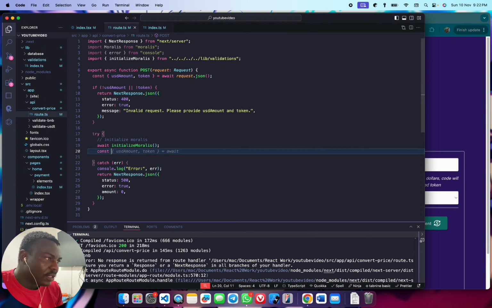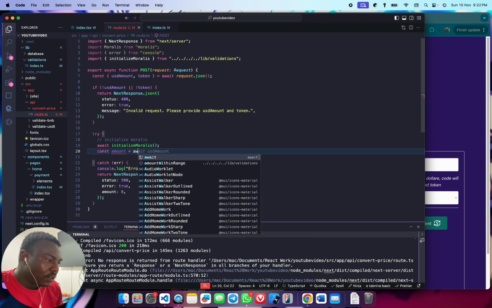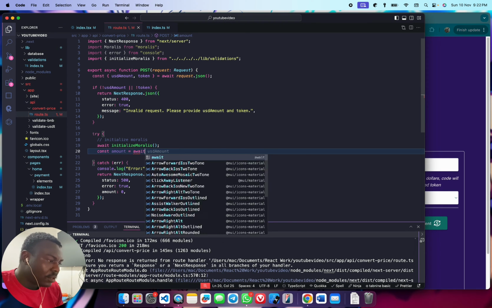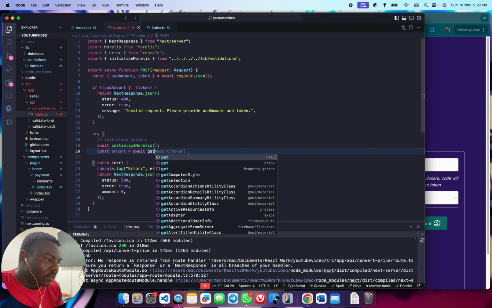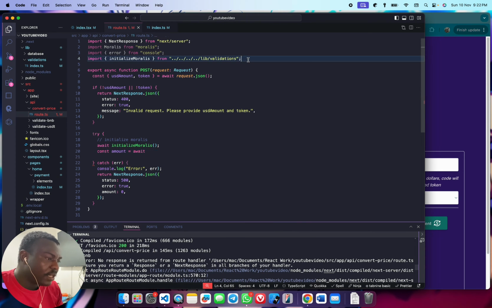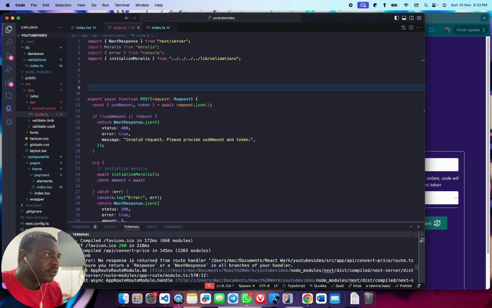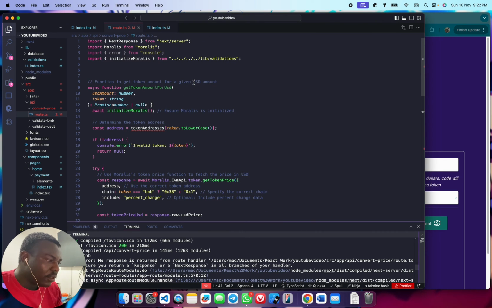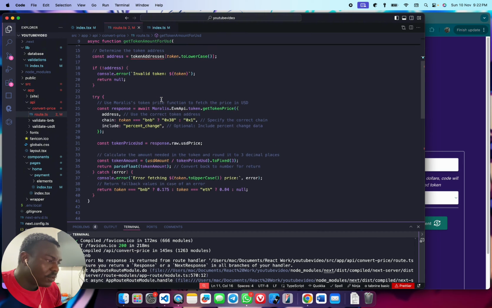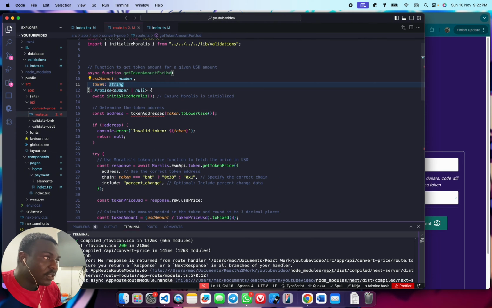Yeah, you're going to say const amount, await getTokenAmount. Okay, so up here we're going to create a function to do this for us. Okay, so this function is simply just getting our USD amount and our token string, and then it is using that to